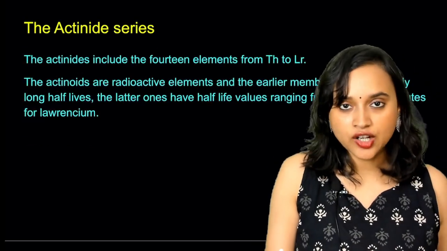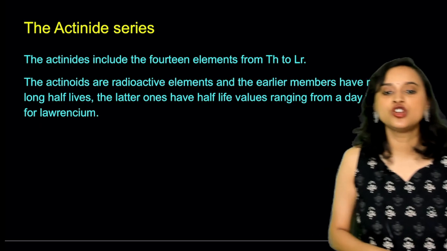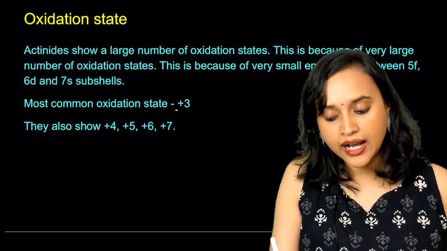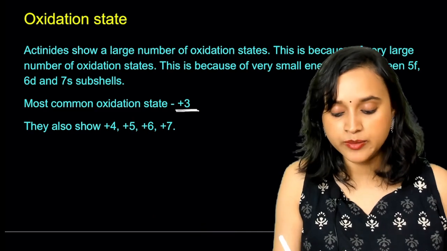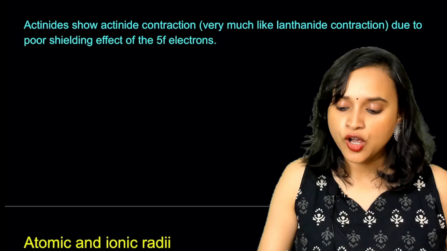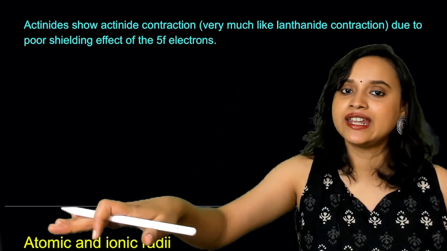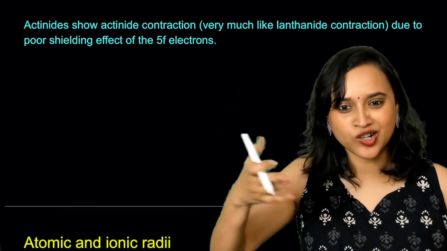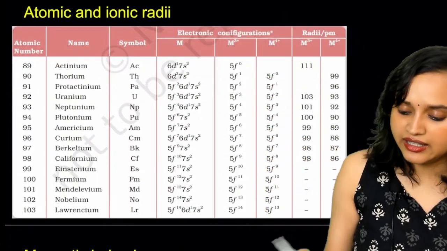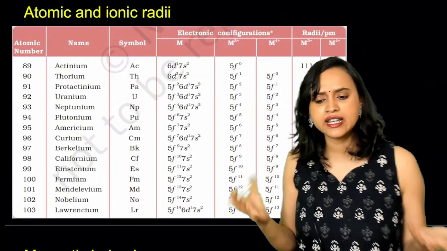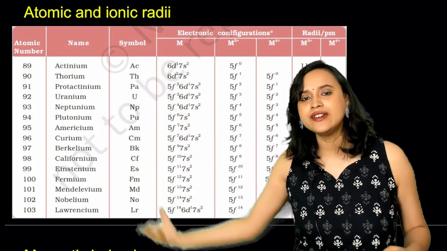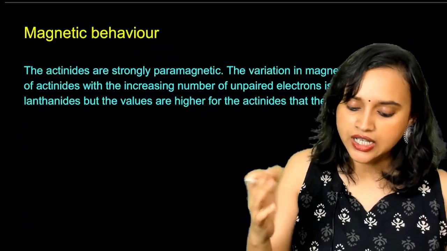Quickly, let us come to actinoids. Actinoids are thorium to lawrencium, everybody. Yes, they are radioactive elements. They show +3 oxidation state as the most common, but apart from that, they do show +4, +5, +6 and +7 as well. Here also you will see a steady decrement in the atomic and ionic radii. This is called actinoid contraction, just like the lanthanoid contraction. Here you don't really need to remember their electronic configuration, because they don't ask it. But still, at least go through the names of the elements, because that is going to be important.